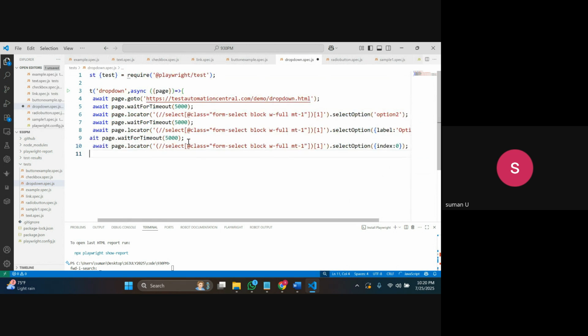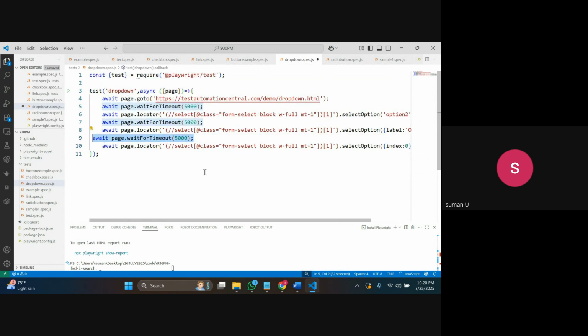And after selecting this, again I need to write await because I want to make sure that my script is waiting. So I need to write await. So this will help you to wait. So save it. Now if I want to run this particular script, press Control C,